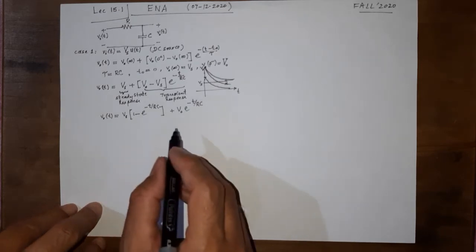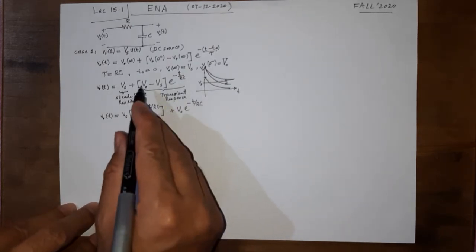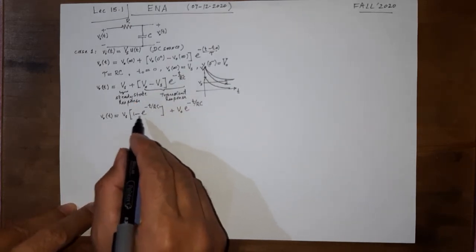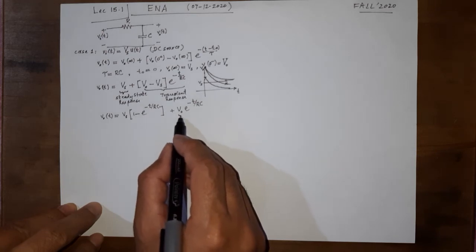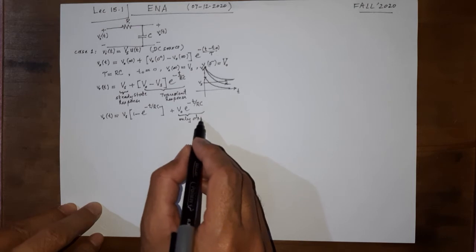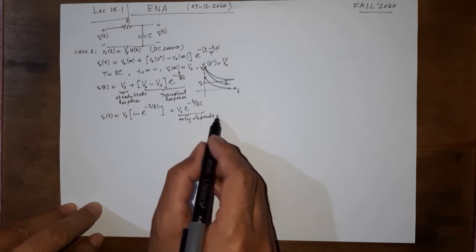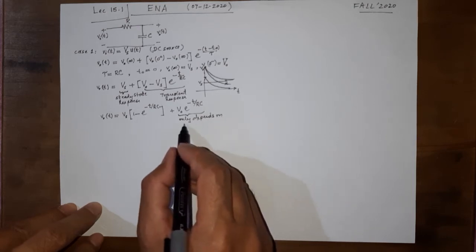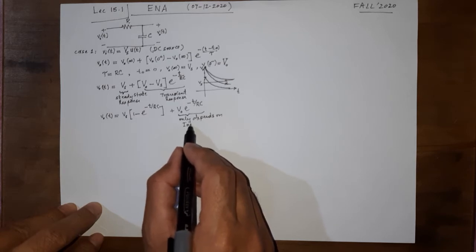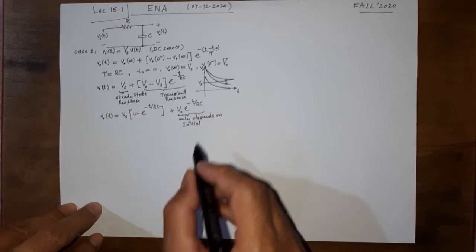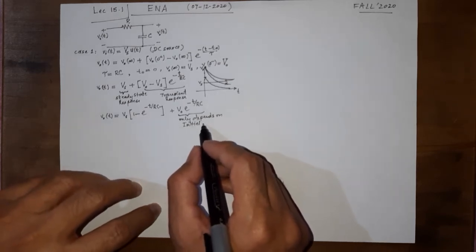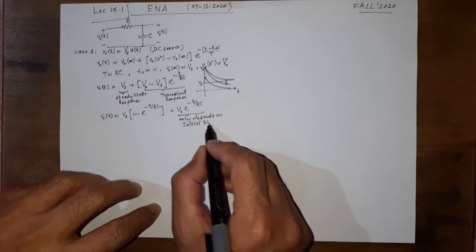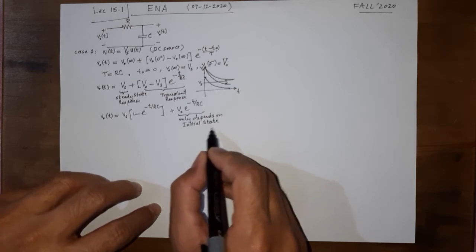Now this is another way of writing the same expression, but you can very closely see that this part only depends on the initial condition, the initial energy stored in the capacitor,